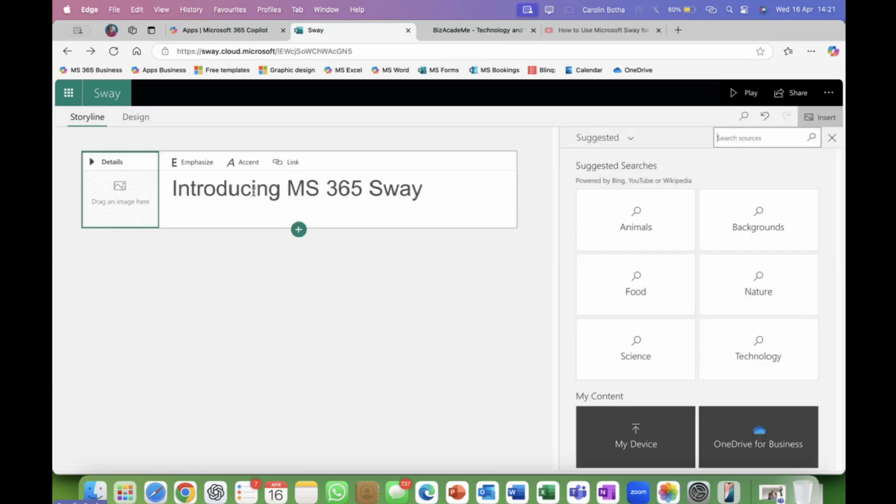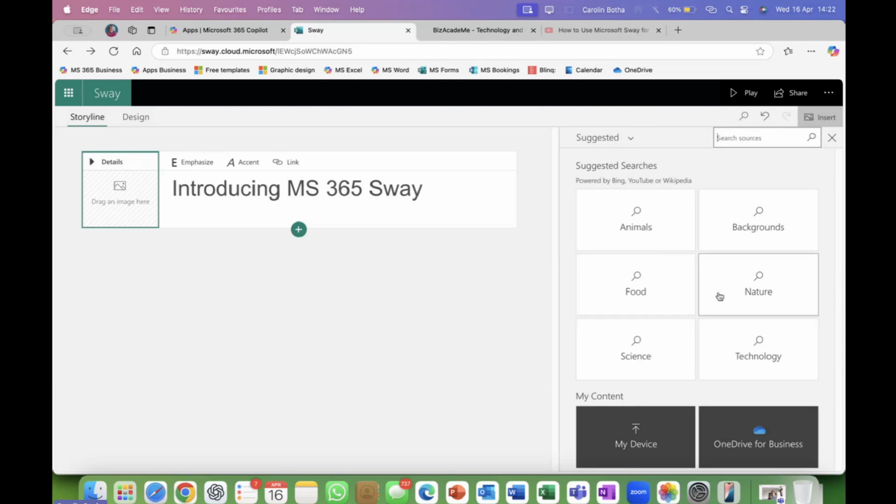As promised, Microsoft Sway has a couple of options that it shares with us regarding backgrounds, but you can also upload from your device, in other words, your computer. And because this is a Microsoft 365 product, it will give you access to your OneDrive for Business or your OneDrive Personal immediately as well, so you can access it there.